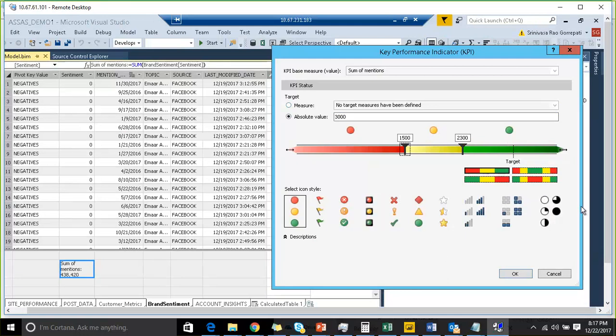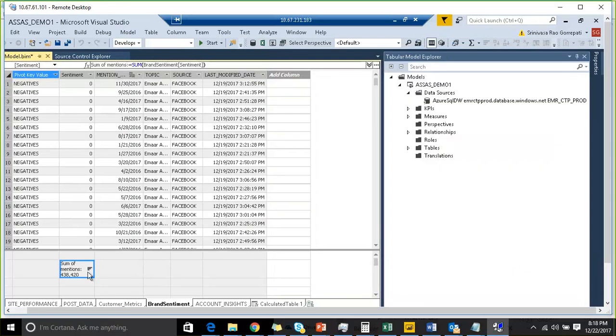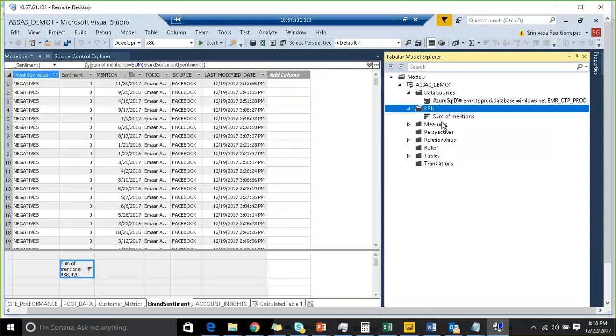These are the different options. What option you want to select, how you want to represent that status. You can represent with traffic signals or flags, symbols, whatever you want, you can select it. I am selecting this one and click on OK. This is the only thing that you need to configure. Click on OK. So the KPI was created. Once I create that, it shows the list of KPIs that you have. And once you are done with that,